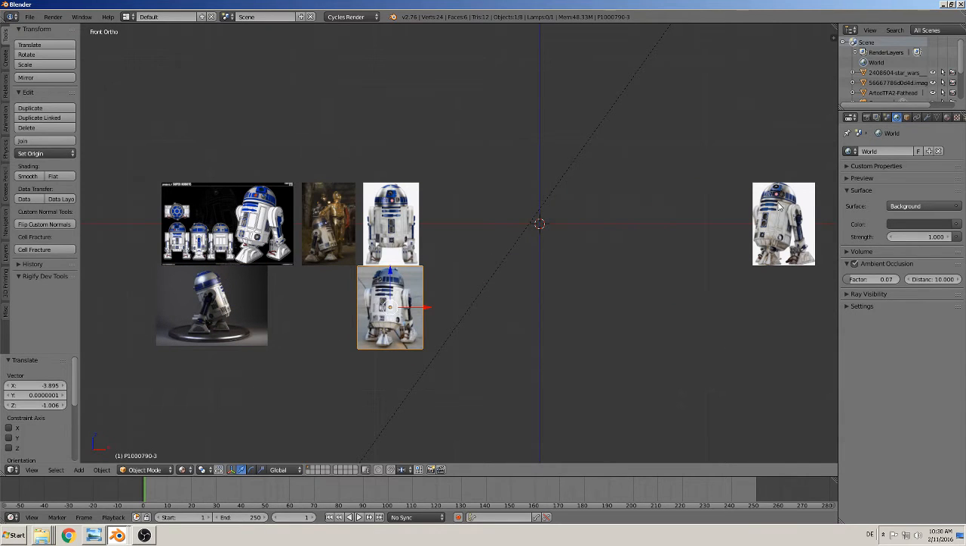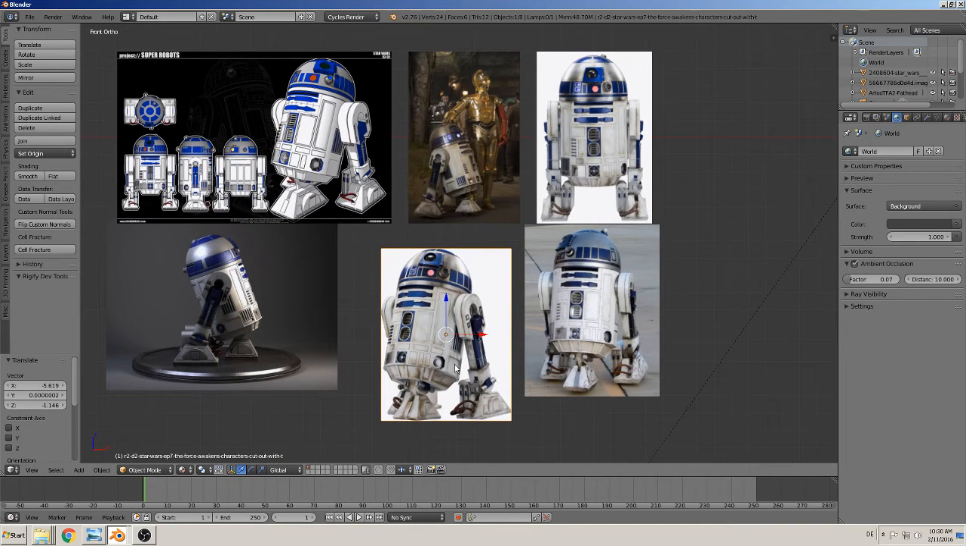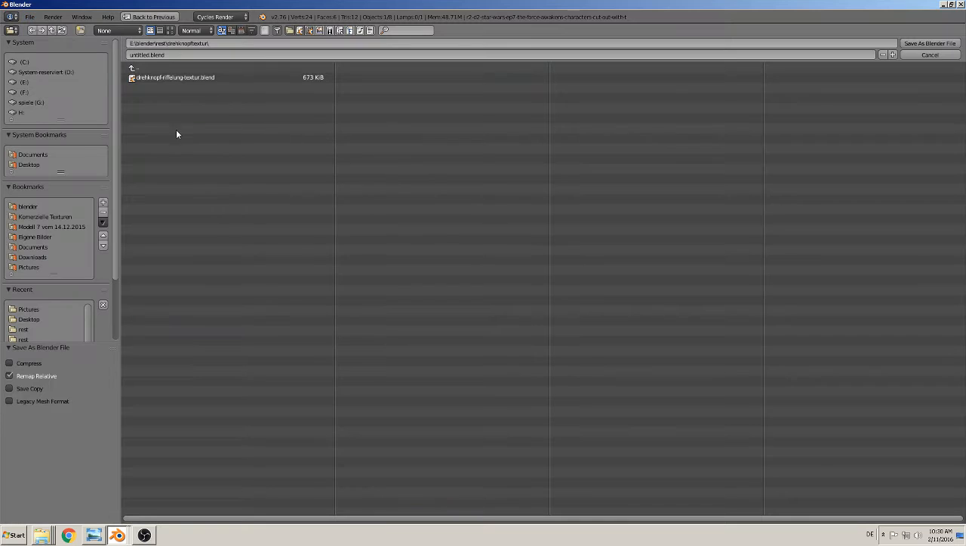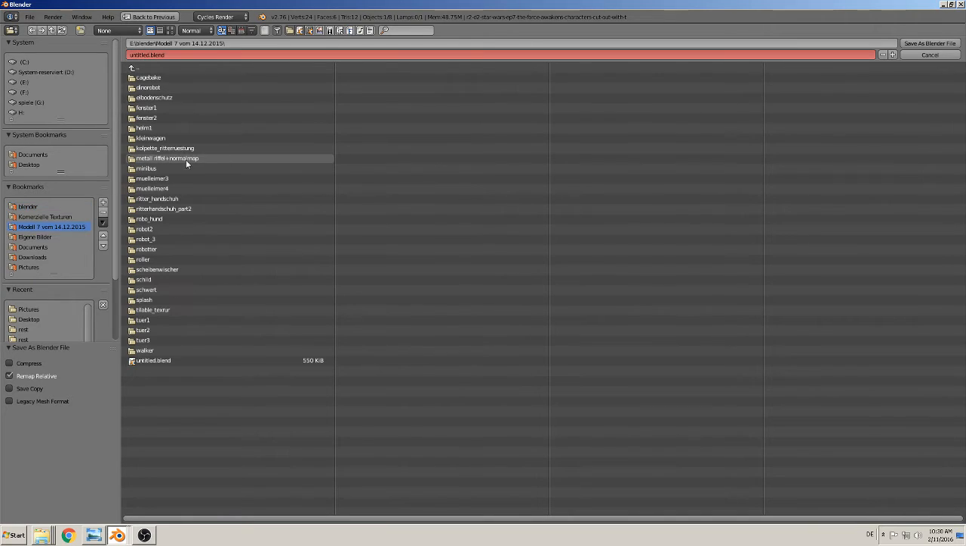Okay, so at first we have our reference. That is the robot we want to build. First thing is to get the pictures in here. Now we save the first time. File, save as, then the path to. I make it in my folder 7. Make here a new folder and name it Robo